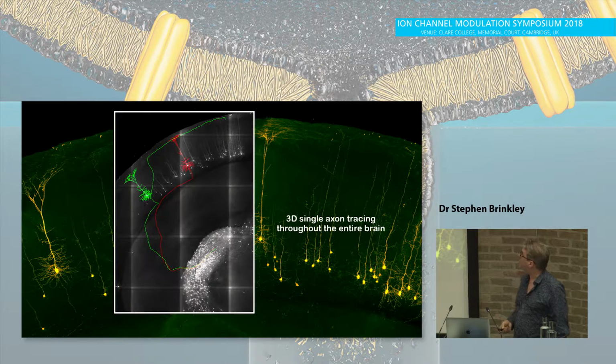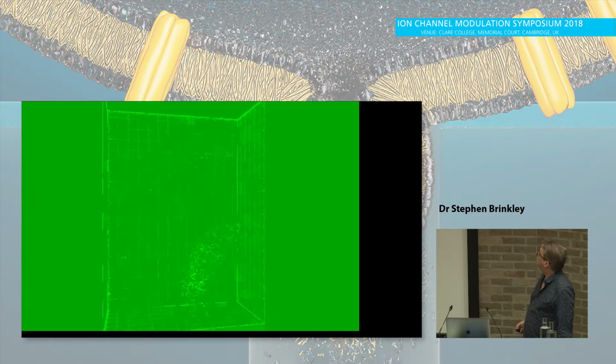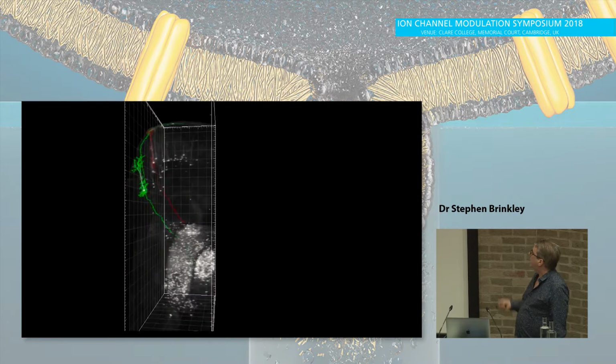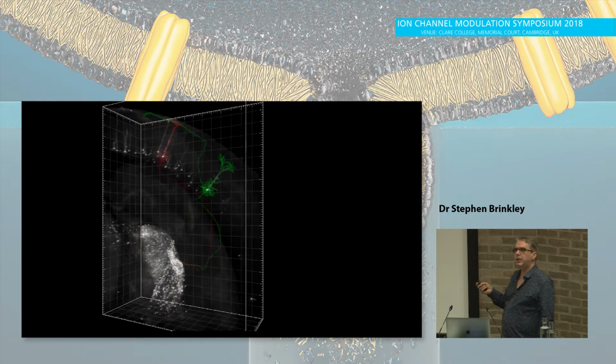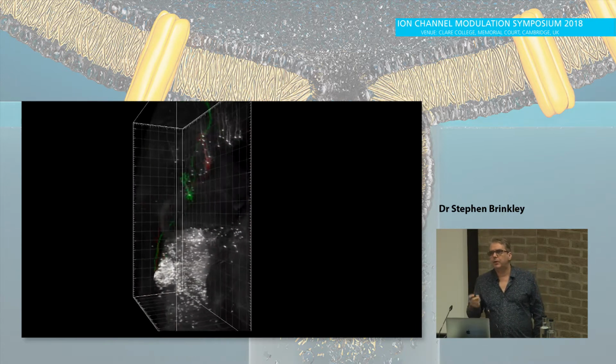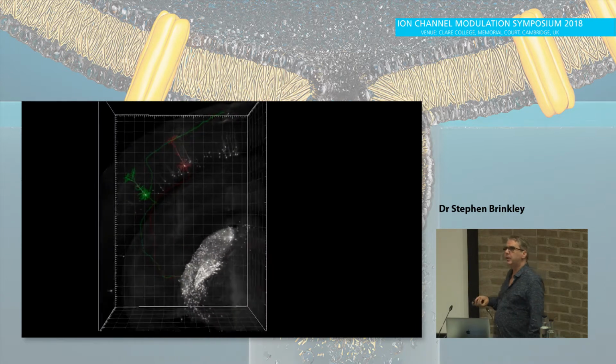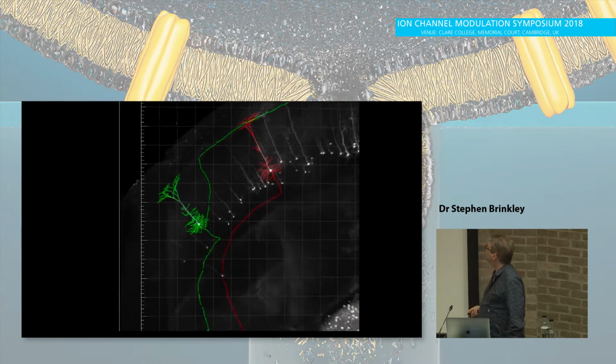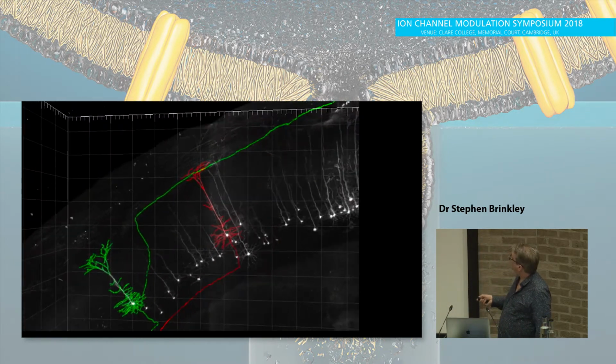Beautiful data we can get out of this, and of course this is the other thing we can do. Because we've got micron resolution, we can single trace axons throughout the entire brain. So this is a small section of the brain. This is actually from a collaboration with Alessio De Lego in King's. He's really good at rabies virus tracing, and we're using the SOX14 as our seed and looking at the inputs onto the SOX14 neurons and tracing these cortical neurons here.